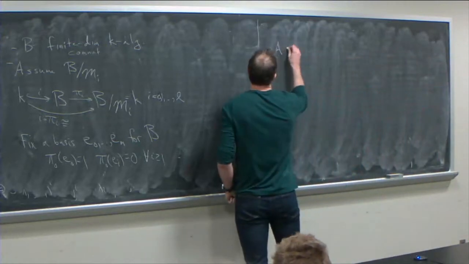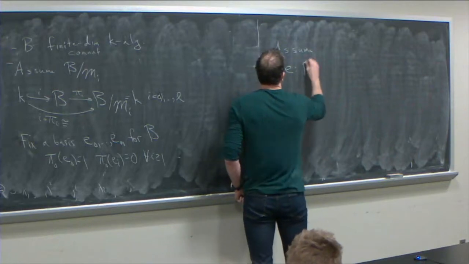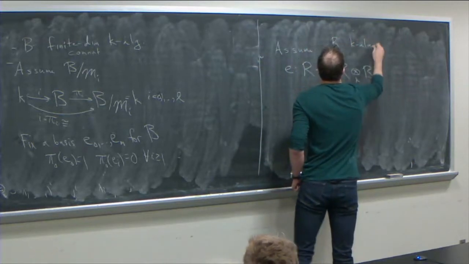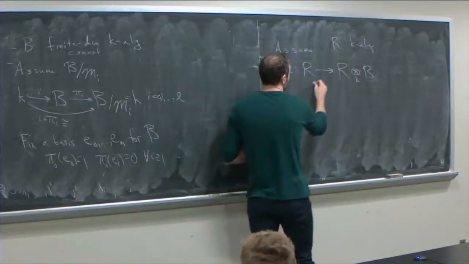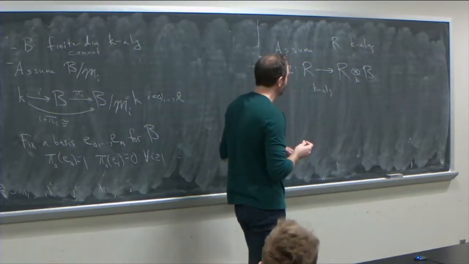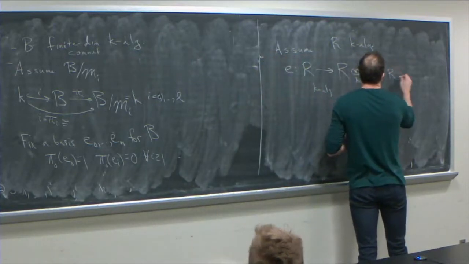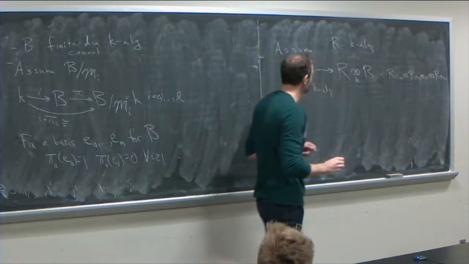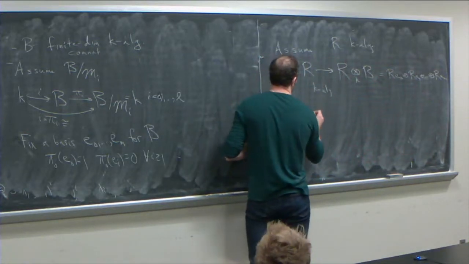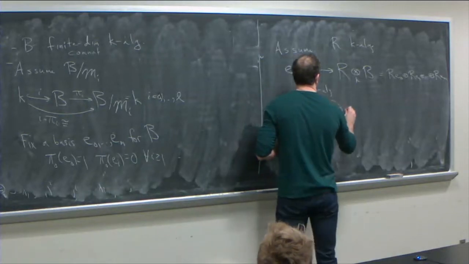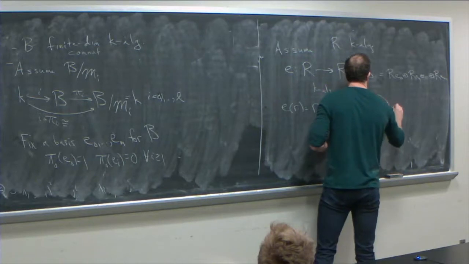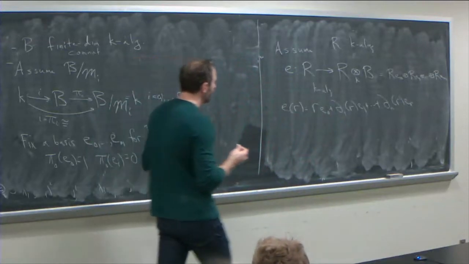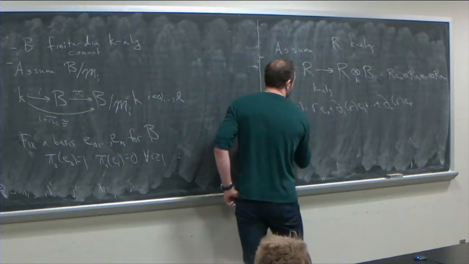What other data do we have? We assume we have a homomorphism. So R is a K algebra, and we're assuming that we have a K algebra homomorphism from R to R tensor B. And this is now a free R module with basis E0 through EM. So we're going to write our ER as, so each r has some coordinates, and these delta 1 through delta M,